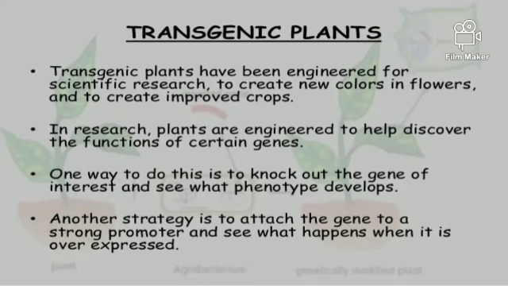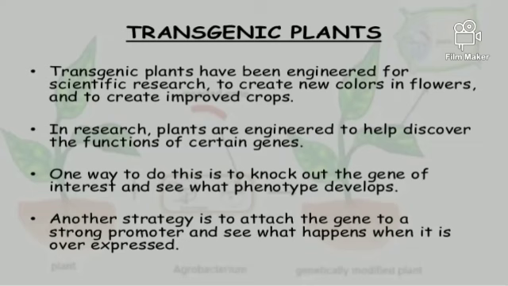So here you first have to know the phenotypic character of that plant, and then you have to take an interest. Suppose we want a tall plant, suppose you want a dark plant, suppose you want a different color of the flower, suppose you want a small type of fruit, or a big type of fruit, seedless fruit, seed-having fruit, then a different shape of the fruit. So these are all the phenotypic characters. Then we have to go for that and change that phenotypic character by using genetic engineering.